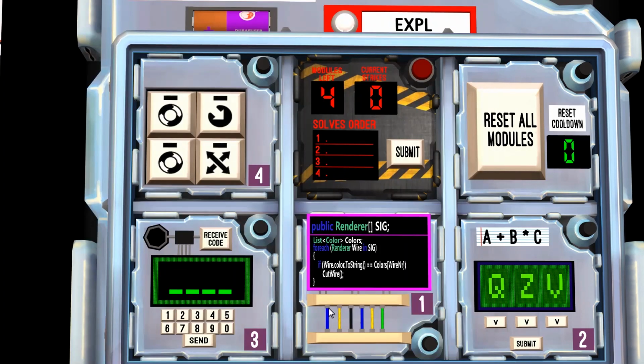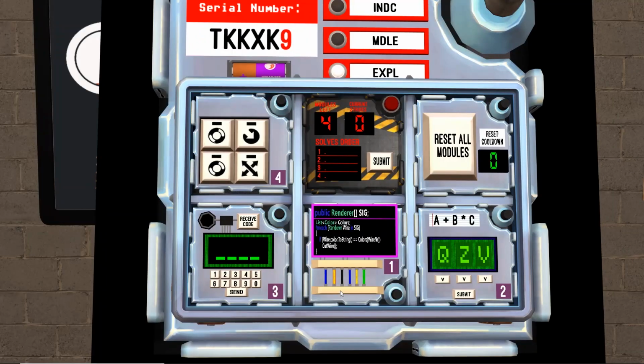If the first wire is black, we cut it. Otherwise, white, blue, green, yellow, and red. Emergency clear. All personnel, please return to your stations. This one is yellow, so we cut it. He had